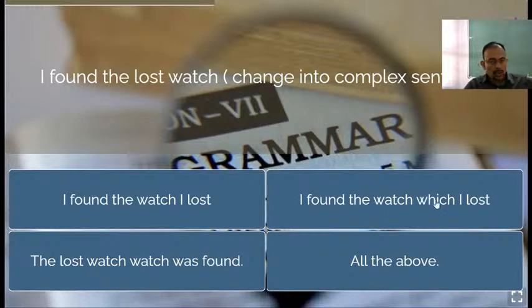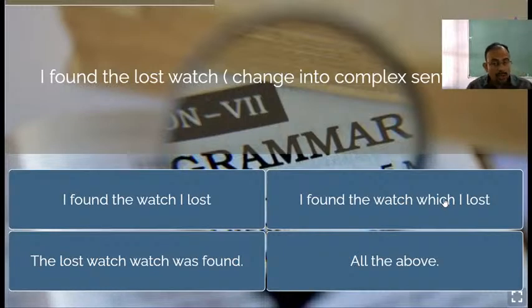Second sentence, let us switch to I found the watch which I lost. Here, number one, there is a connector, which. If a sentence has to be a complex sentence, it has to have a connector, like which, what, how, when. As which is there, a connector is present in this sentence, so there is some possibility that it can be a complex sentence. This is your first preliminary observation, the quick method. You see a connector here, and immediately you can say it appears to be a complex sentence.